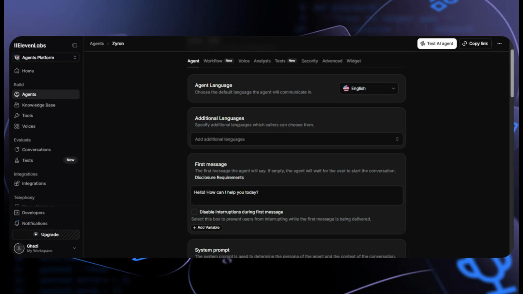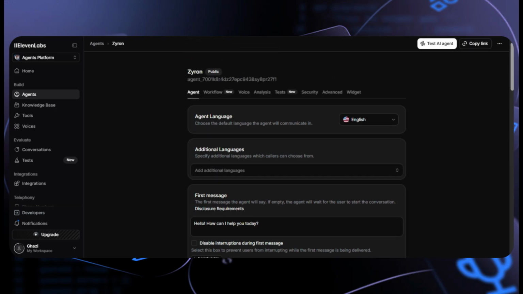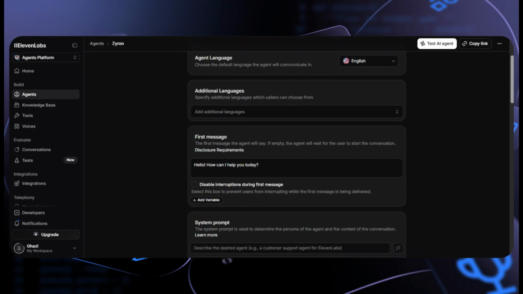Because we are gradually increasing our capability, for now I will only explain these options. ElevenLabs is also working on their platform to grow. Here is the agent language, and here you can add additional languages, but stay with English.